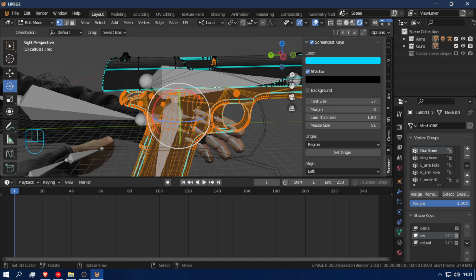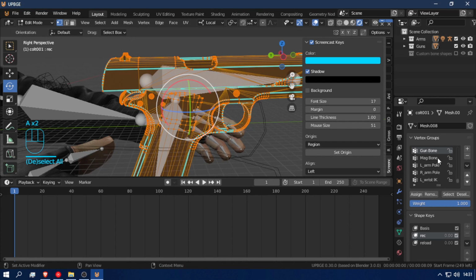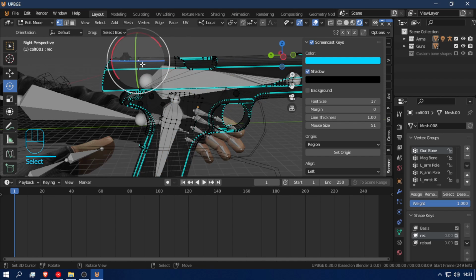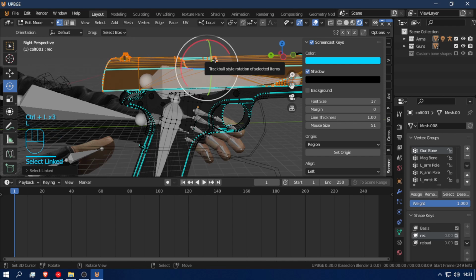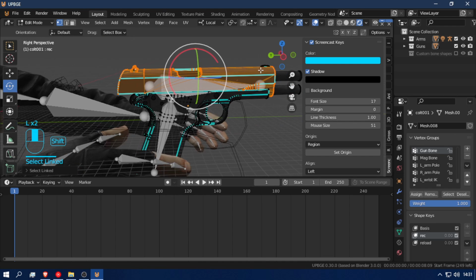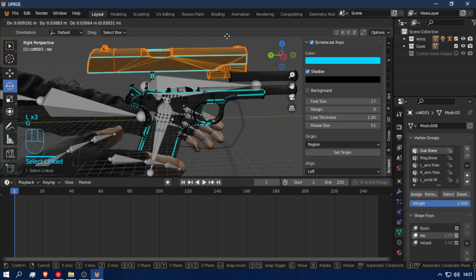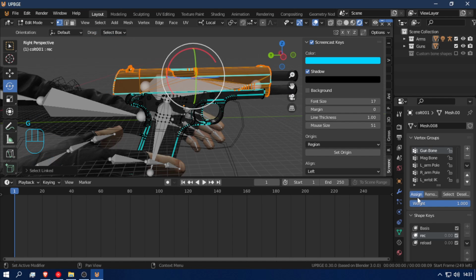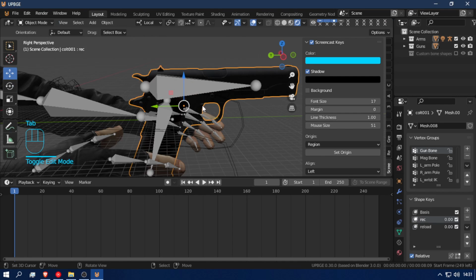Now this is going to be... actually I had to assign everything to this. My bad, except for the mag. So I'm just going to select this. Select this. Select this. Everything on the inside. Just make sure I got everything, and this is going to be assigned to the gun bone as well, because I'm going to use shape keys for the recoil. Okay, cool. Okay, tab out of edit mode, and